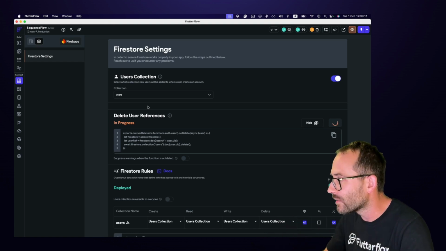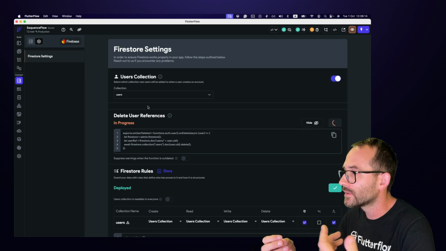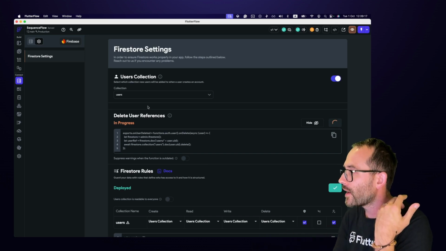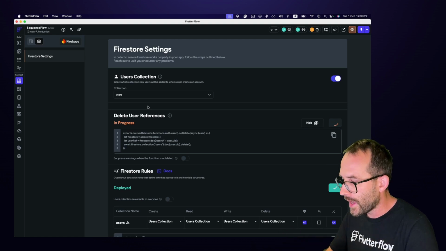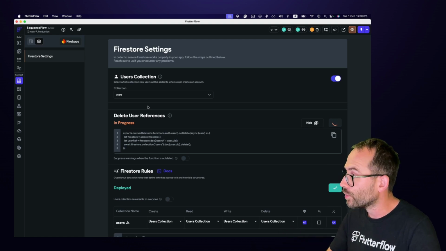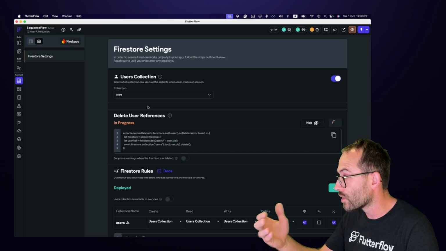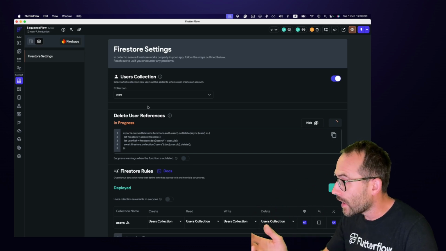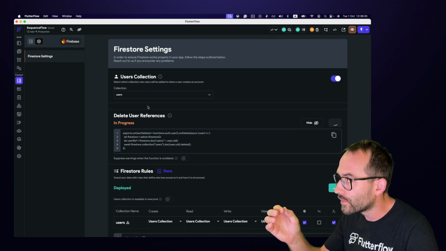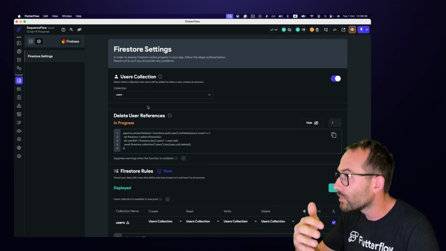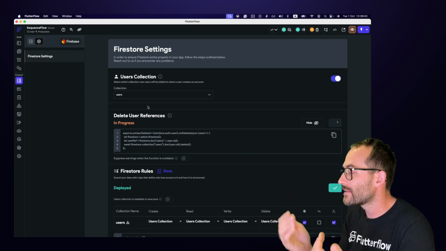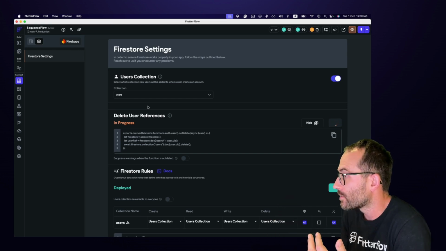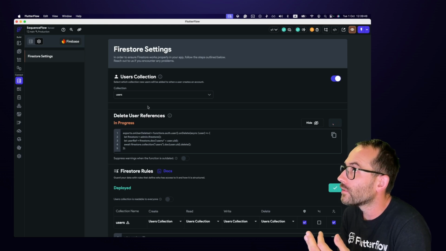I also recommend that, since in the last few months the Firebase tools have changed so that they deploy the new functions as Firebase version 2 functions, which are deployed as Google Cloud Run containers, which is much faster, because some of the newer versions of the Firestore SDK in the JavaScript code are using